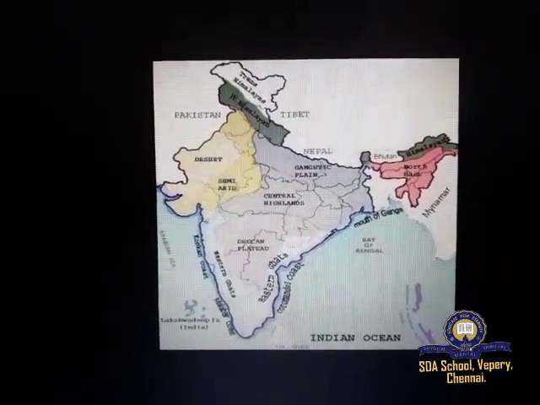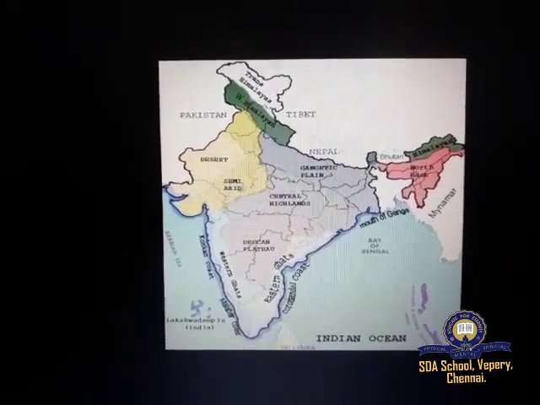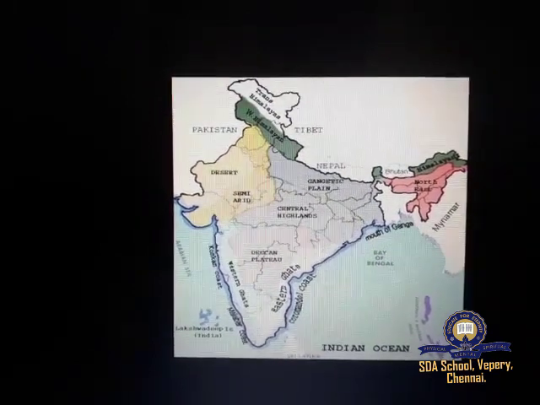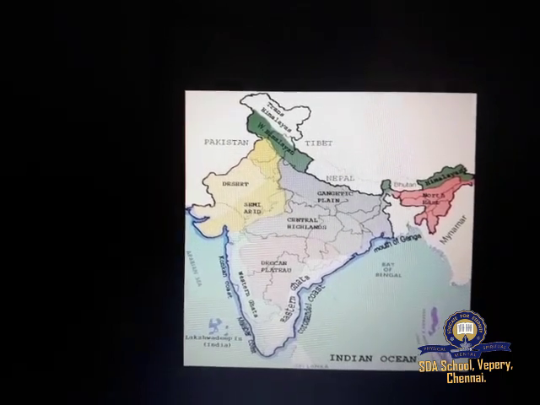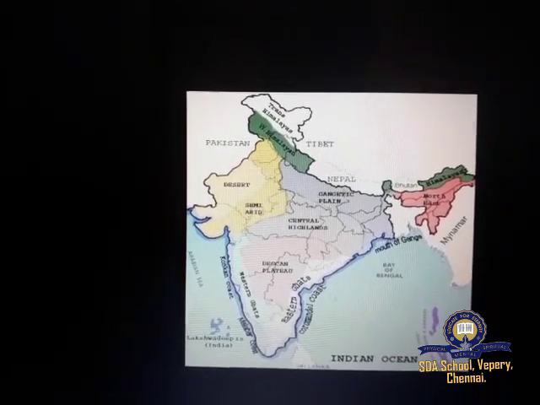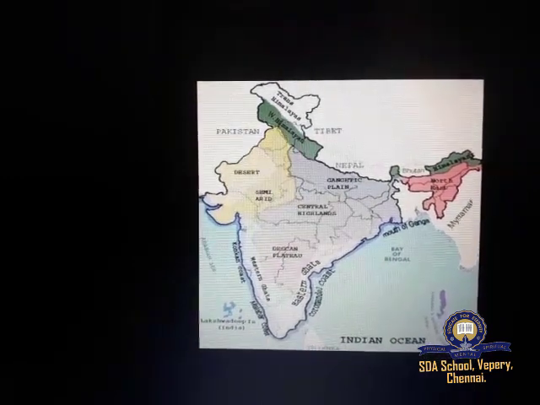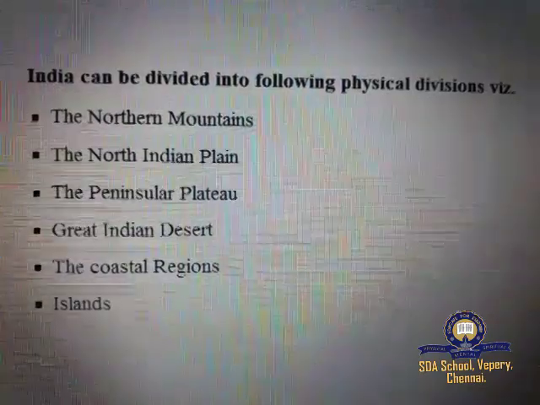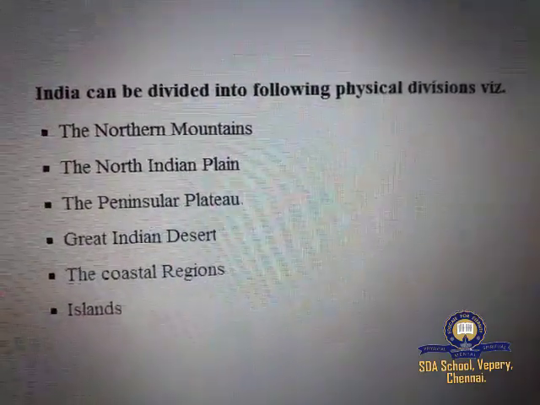Major physiographic divisions of India. The majestic Himalayan peaks in the north, the beautiful beaches in the south, the great Indian desert in the west and the breathtaking natural heritage in the east make India a geographically vibrant, colorful and truly incredible country. There is a varied nature of physiographic divisions in India.